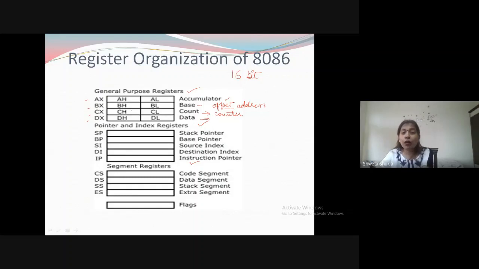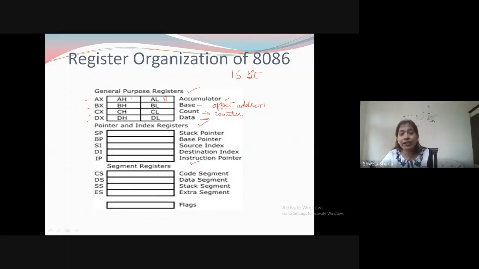These registers are all 16-bit registers and they are divided into two parts. The L here means AL, BL, CL and DL. The AL register is 8-bit and it stores the lower bits of 16-bit data. That means if only 8-bit data is there, it will be stored in the AL register.